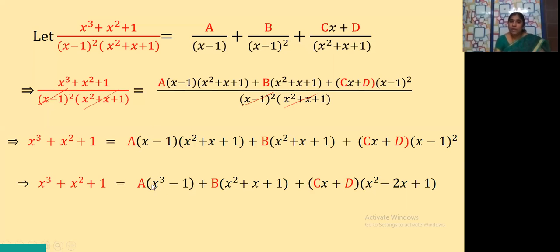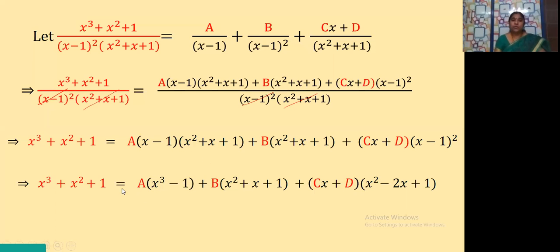This only we have written as product of these two terms. So in place of these two terms, again I am writing back x cube minus 1. Okay, clear, children? So don't get confused here. Otherwise you can expand it, then x square terms and x terms get cancelled. Again you will be left with this only. So directly we can use this because this is a term which is given in the question itself.